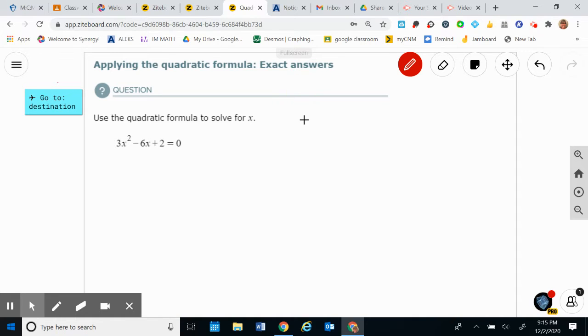Here's the thing. If you're given a quadratic equation, the first step is to set it equal to 0, so we could use the zero product rule. Step 1, set it equal to 0. Step 2 is see if you can factor it. Is it possible to factor? If it is, do it. If it isn't,